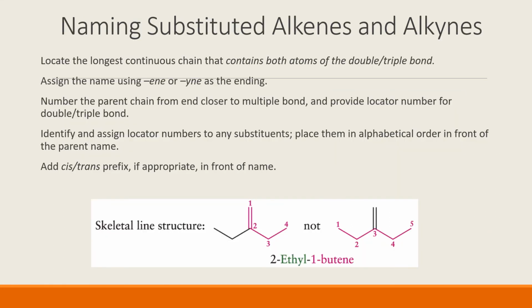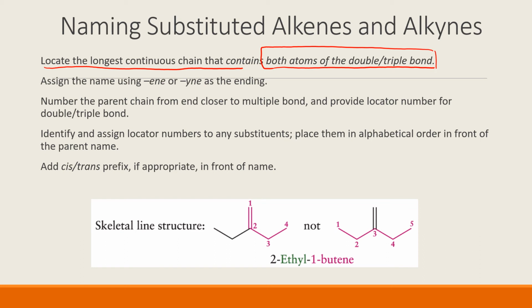To name a substituted alkene or alkyne, first, we need to locate the longest continuous chain that contains both atoms of the double or triple bond. This is extremely important: our longest parent chain must contain the double or triple bond. For example, in